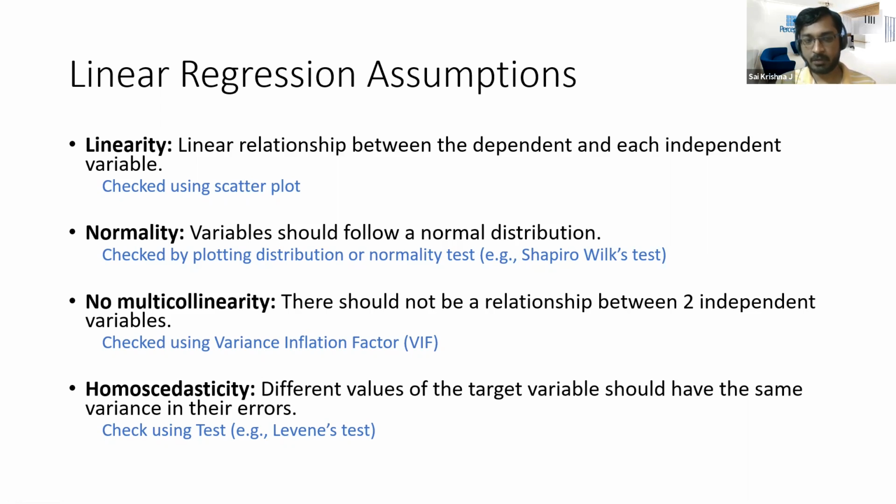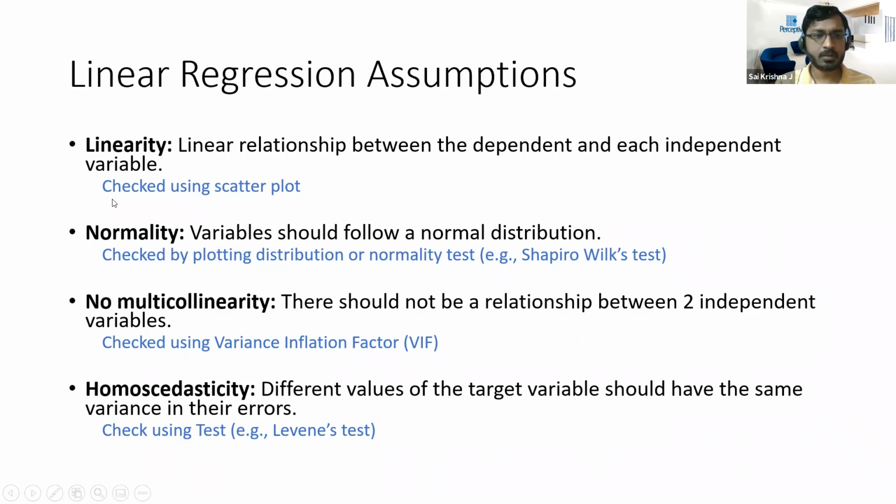Okay, so only when there's this kind of a linear relationship between the dependent and the independent variables, you can use the linear regression. For example, the other type of relationship could be something like a polynomial relationship or an exponential relationship. In these sorts of data, the line that you draw in your scatter plot will not be a perfectly straight line, it will be a curved line. So for those sorts of data, you will not be able to use this linear regression technique.